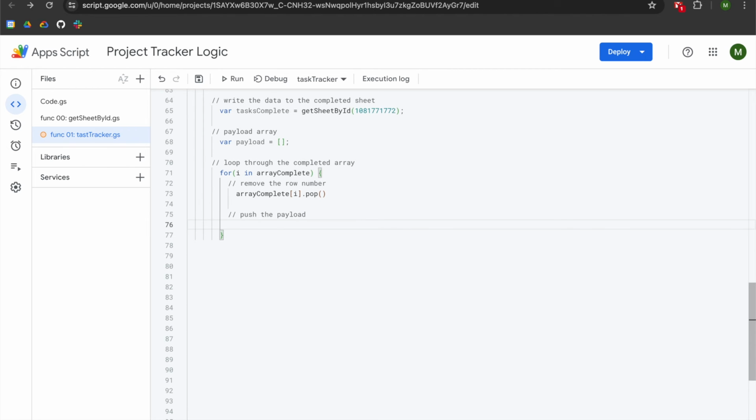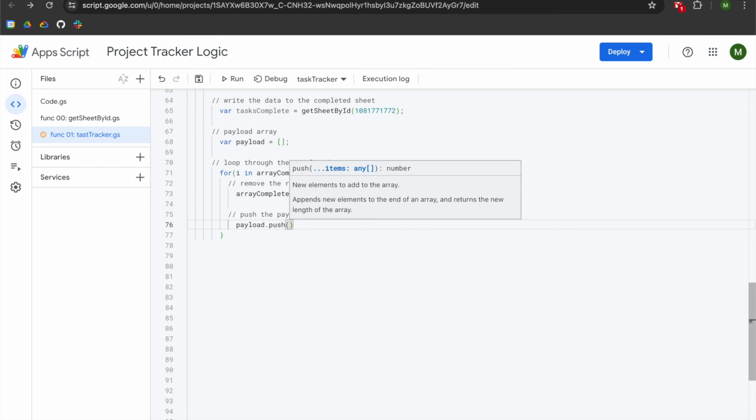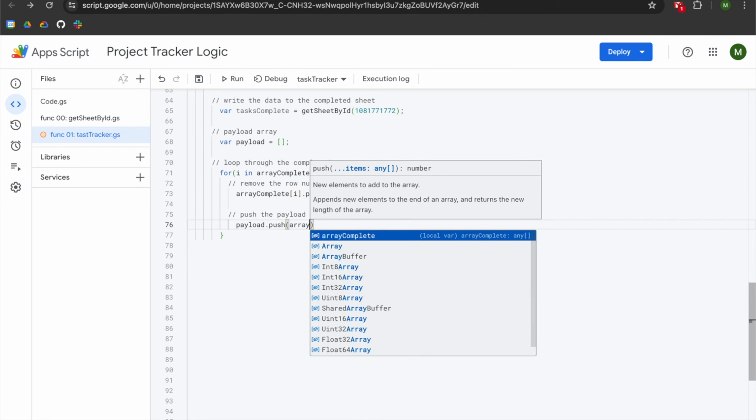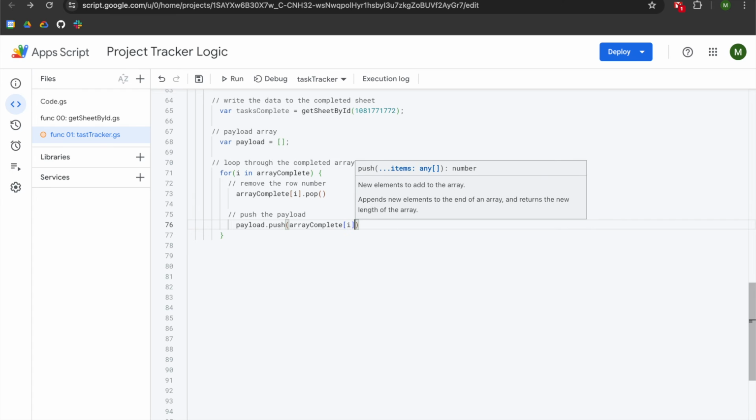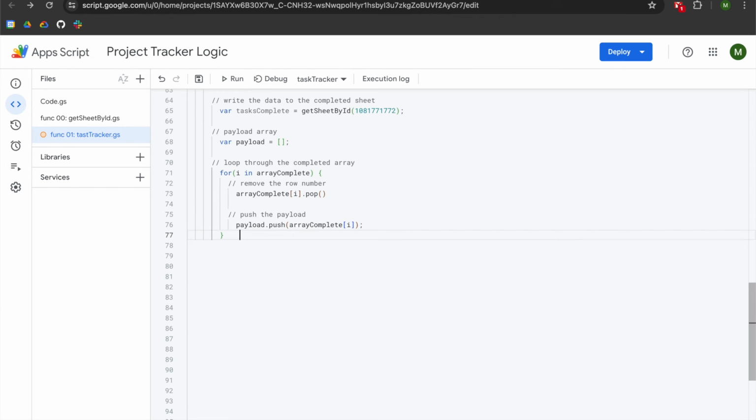So we're going to type payload dot push. We're going to have an open parentheses, and we're going to pass array complete square bracket I. We're going to go to the right of our parentheses, and we're going to add a semicolon. We're going to hit down. We're going to hit enter twice. We're going to hit the left arrow twice, and then we're going to add 2 slashes, and we are going